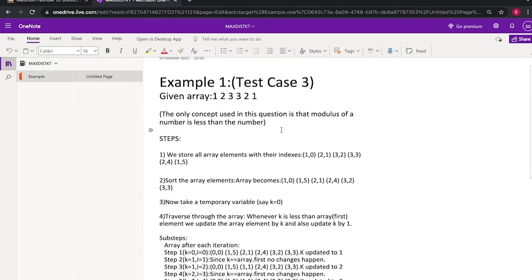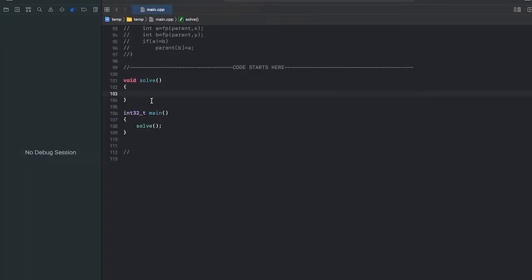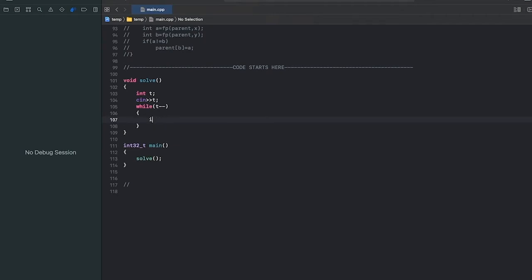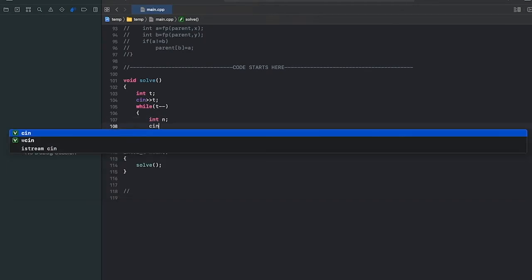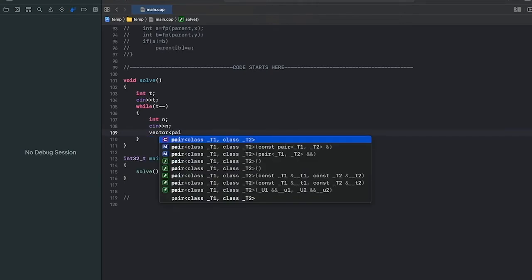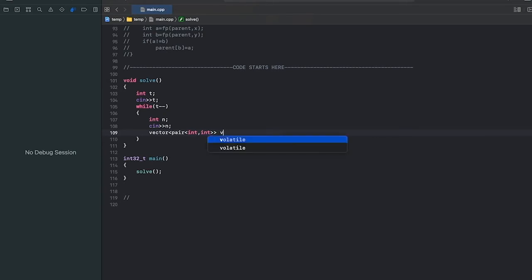So now we'll try to implement it in a program. We're given t test cases. We're given the size of the array. We can form a vector of pair int type and its size will be n.